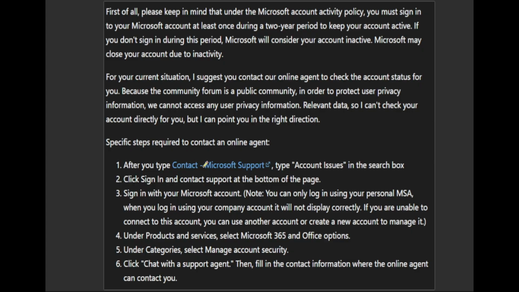So after you type contact Microsoft support, and then type account issues in the search box, click sign in and contact support at the bottom of the page. Sign in with your Microsoft account, so you can only log in using your personal MSA. When you log in using your company account, it will not display correctly. If you are unable to connect with this account, you can use another account or create a new account to